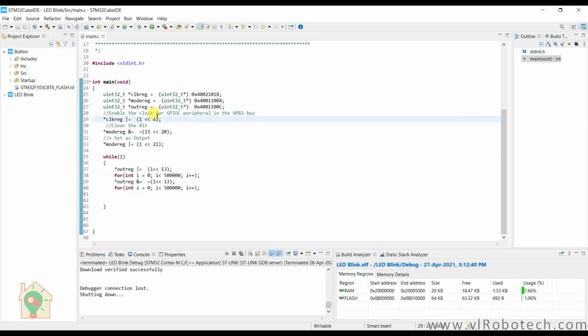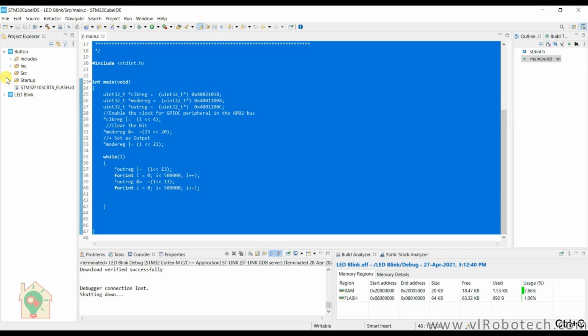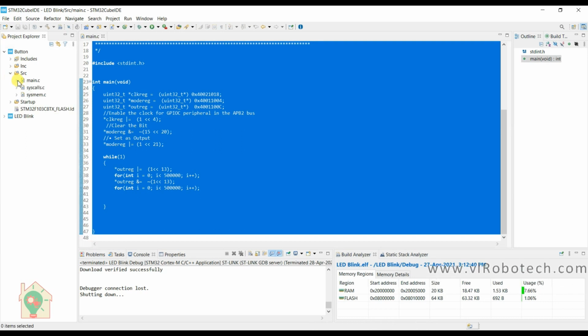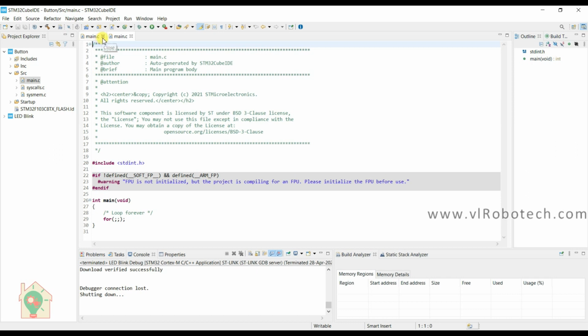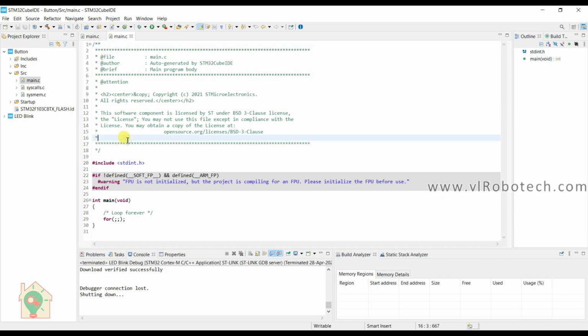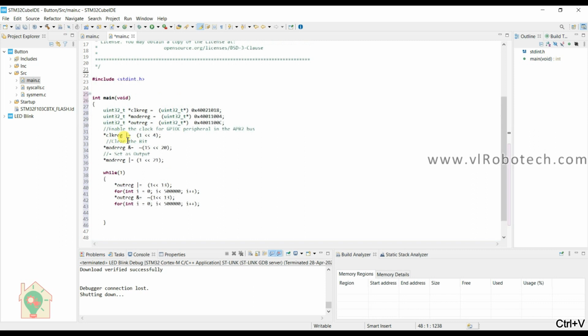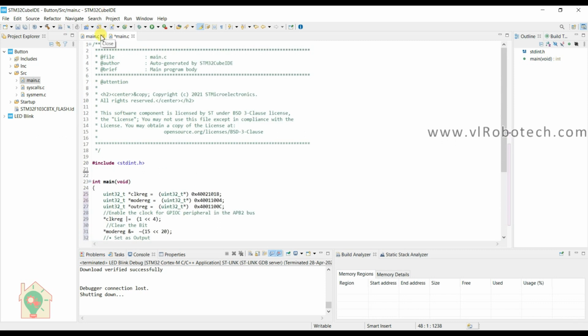I will copy this code and go to the source file of the button code and click over here. I will paste here. Okay, close this.